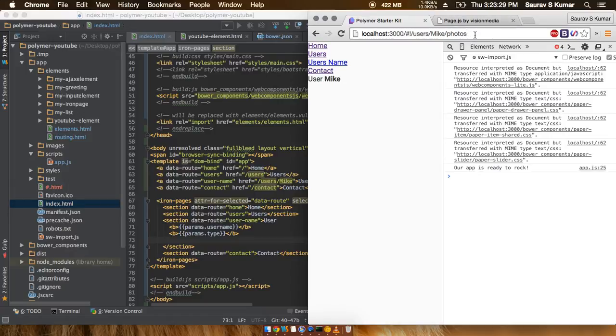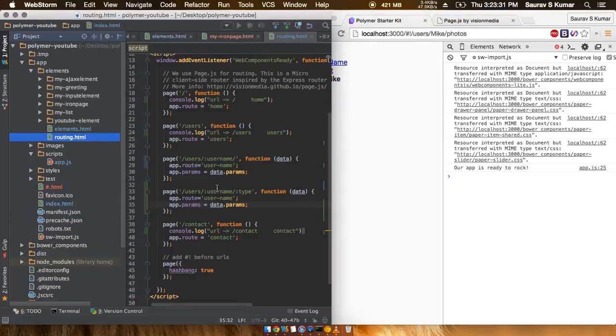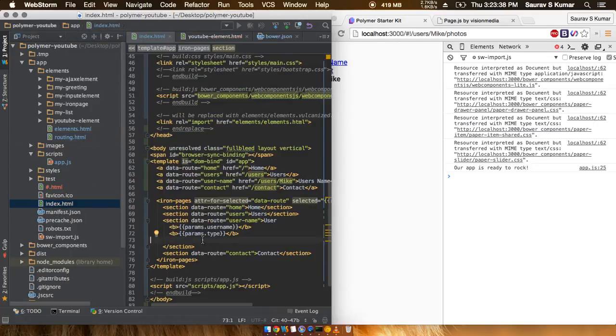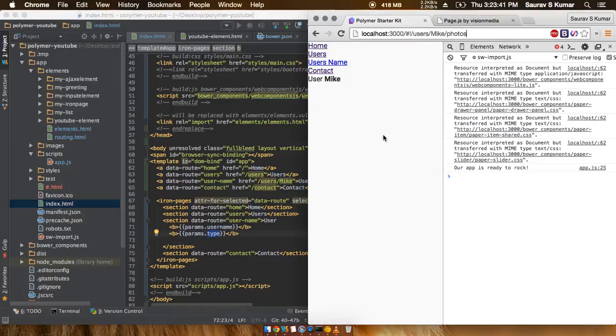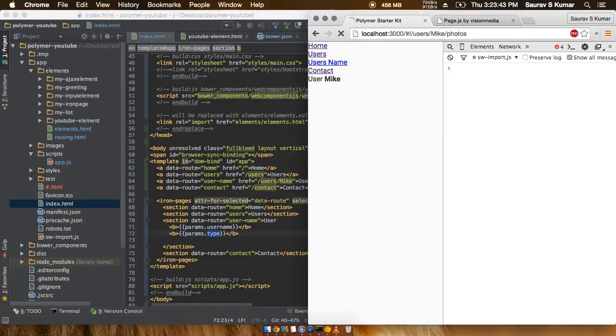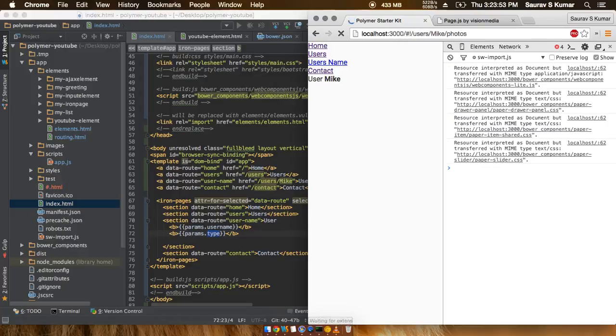So we have mapped this thing out here with a variable slash type in our index.html, and we have given this a params of type.